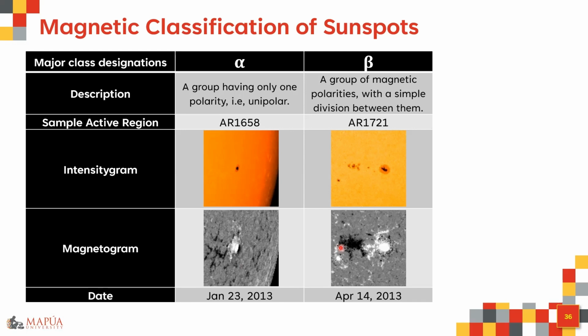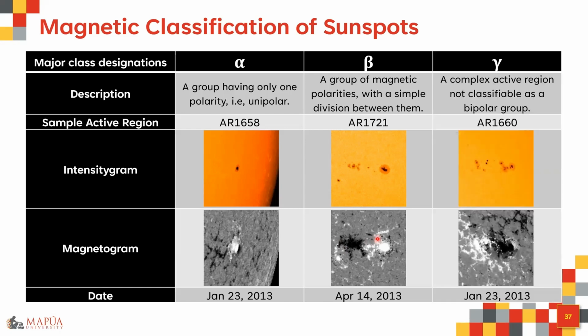But as sunspots grow, they may not maintain this duality, or bipolar configuration. It can actually be complex like this. Even if it looks very simple, this is an example of a gamma classification, a complex active region that is not classifiable as bipolar. So these are the three major classes. There's an intermediate class, which we call the delta class. That's between beta and gamma,